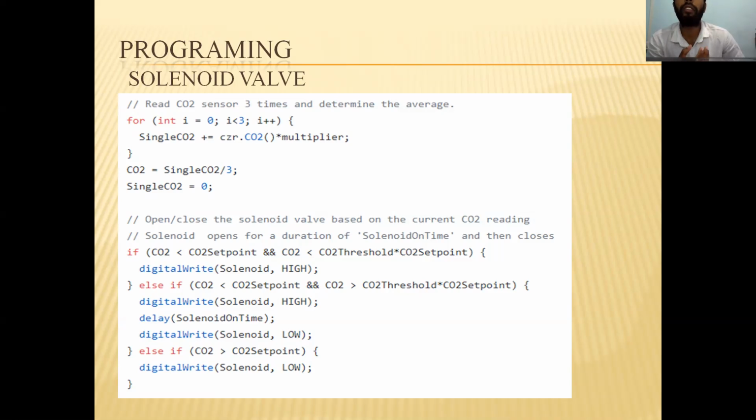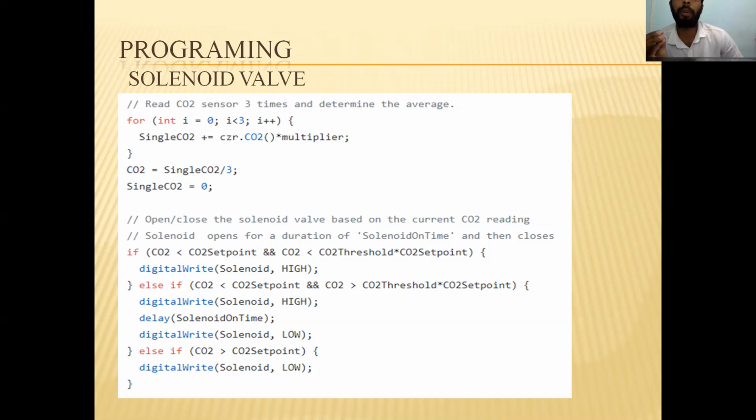And when it gives the average number to the Arduino, then the Arduino starts working, sir. First, we have to set the threshold and the set point of the percentage in the Arduino, sir, for the carbon dioxide gas. The set point can be below 4.5%, and the threshold can be 5.5%, sir. So here we have mentioned the threshold as 5% and the set point as 4.5%, sir.